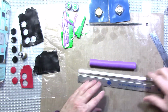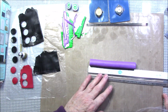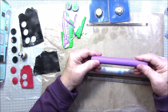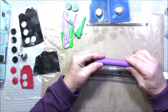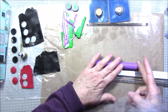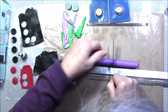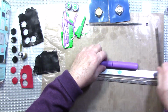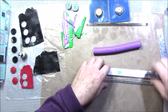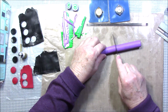And what I'm going to do is cut this in half. So it was just a little bit shy of 6 inches. So I'm going to cut it at 3 inches. I'm cutting it in half. And I have to cut partially while it's with the...